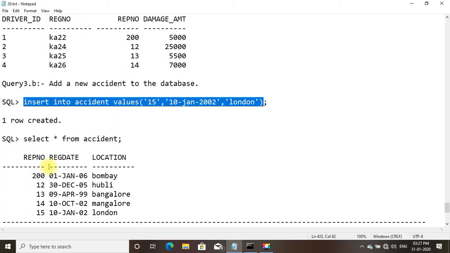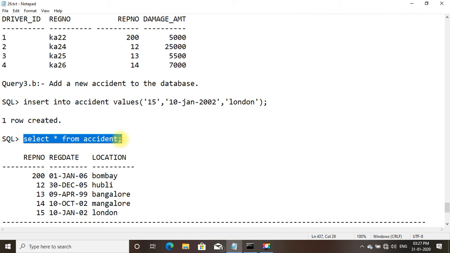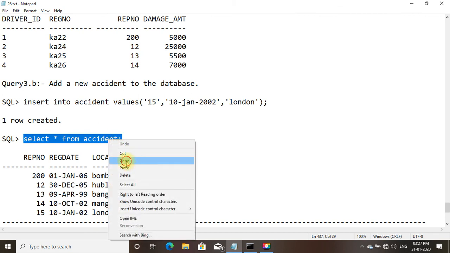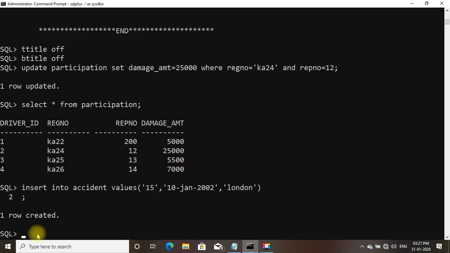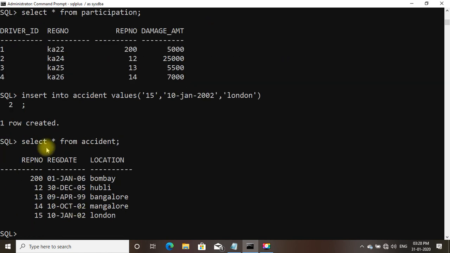Now if you select star from accident, you can see that record: report number 15, registration date 10 Jan 2002, and location is London. So you can see this record has been successfully inserted.